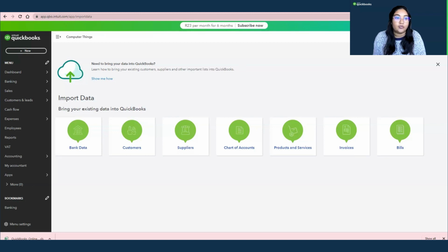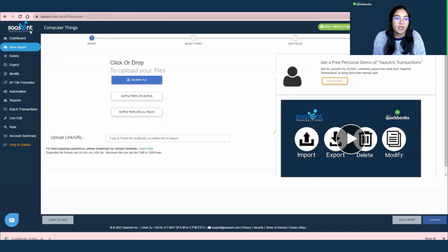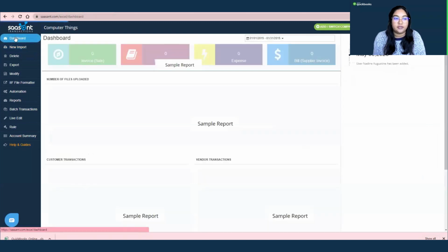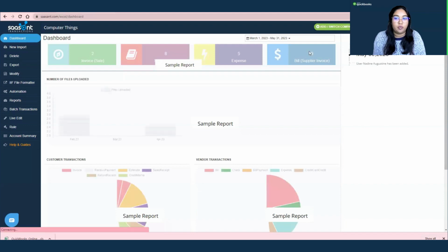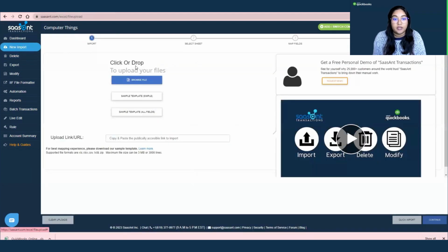And this is called SASINT transactions. So I'm going to quickly skip over to that to show you exactly how the import process looks. So here we've got a dashboard. The dashboard's basically going to show you what you've imported, but we're going to do a new import, and it's very easy. You're going to browse your file, and this file doesn't have to have any specific structure to